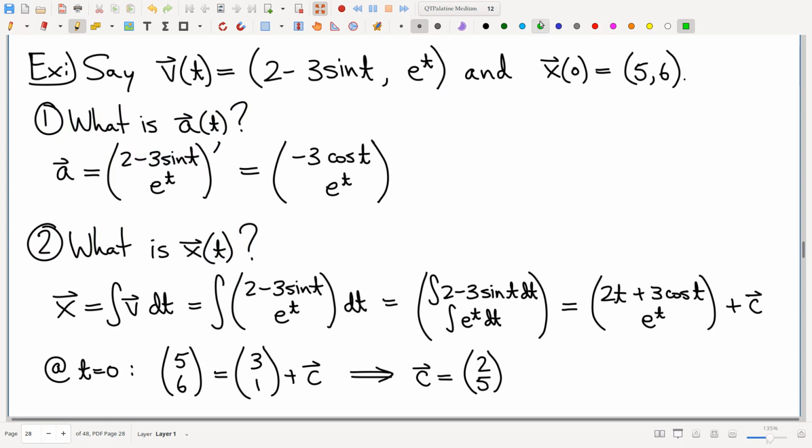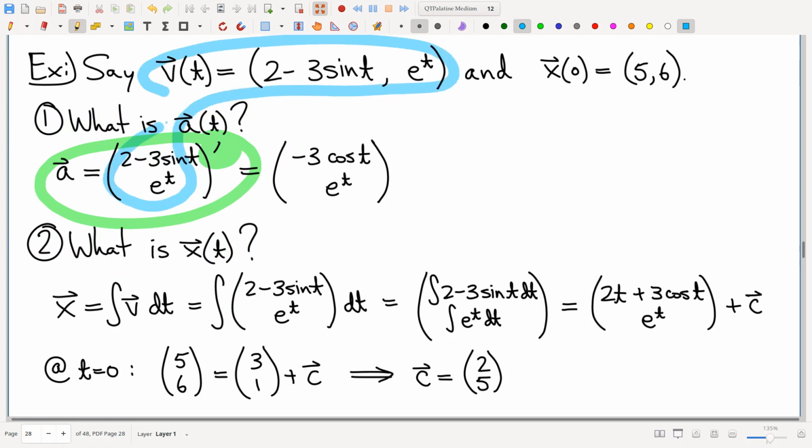We know from the previous page that acceleration is the derivative of the velocity. And so I'm literally just going to take the derivative of that velocity, and you take the derivative one component at a time, as we just discussed. And those are easy derivatives. By the way, real quick reminder, I am assuming that y'all are strong with all of your single variable differentiation. There's a bunch of things to know: product rule, quotient rule, chain rule, power rule, various trig rules. You've got to make sure that you're good with all